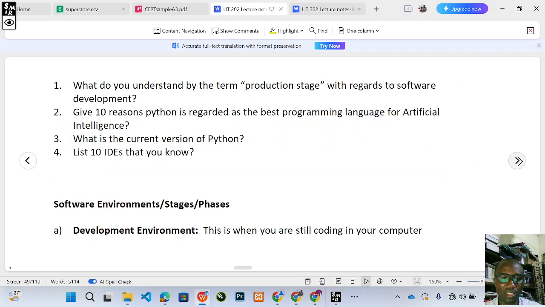Now, your assignment. What do you understand by the term production stage with regard to software development? Give 10 reasons Python is regarded as the best programming language for artificial intelligence. What is the current version of Python? List 10 ideas